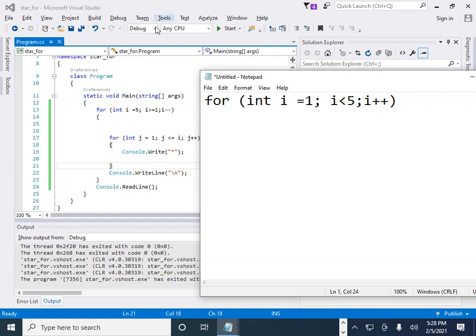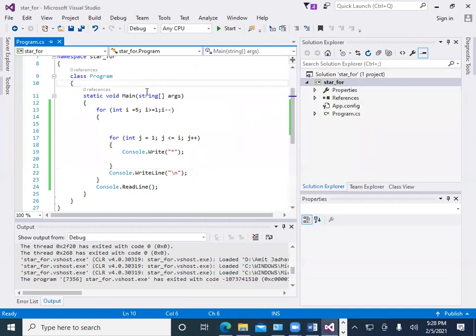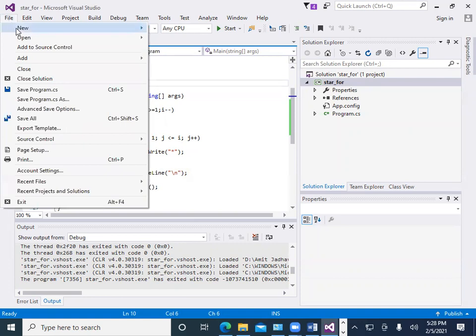So i less than 5 is the termination condition. The i loop starts with 1, then after increment it becomes 2, then 3, then 4. But when it becomes 5, it comes outside the loop because it has a termination condition. And if there is no termination condition, then it is called an infinite loop. We cannot control that loop.